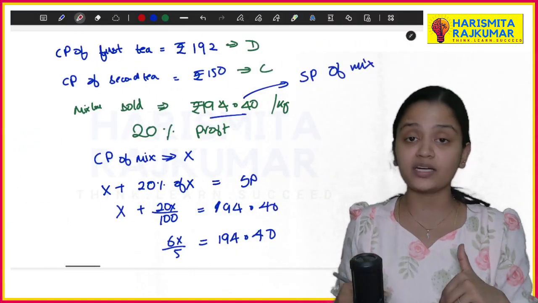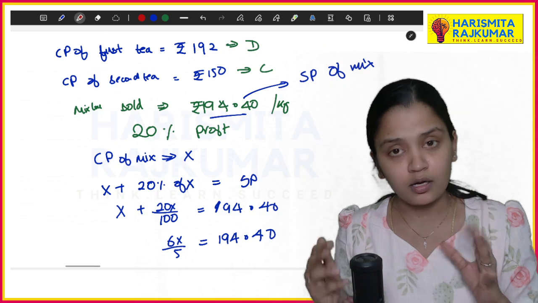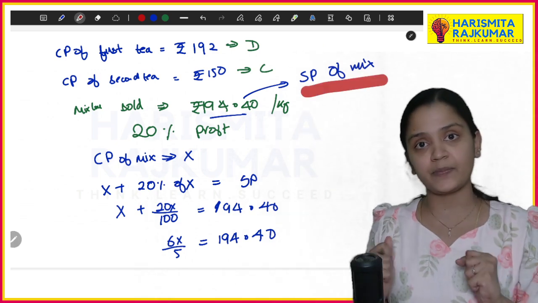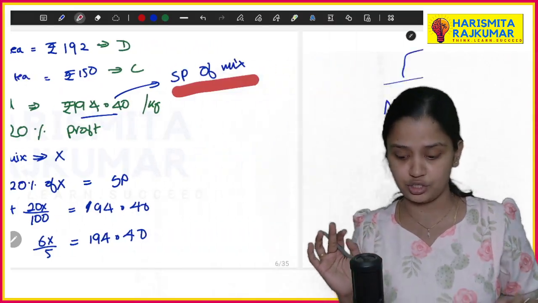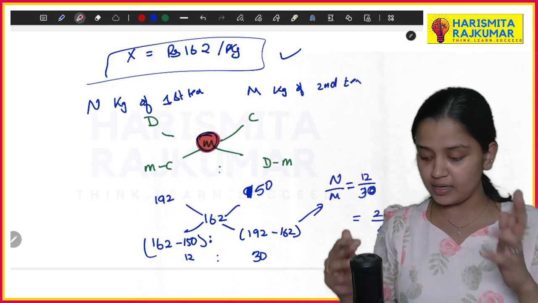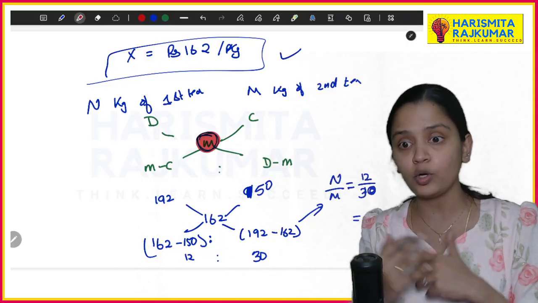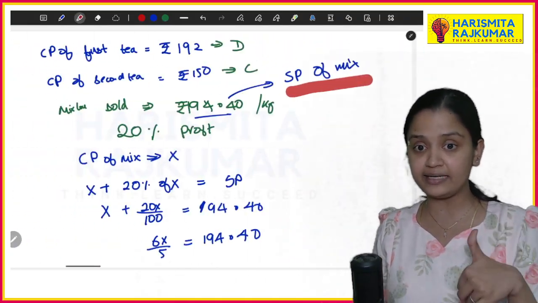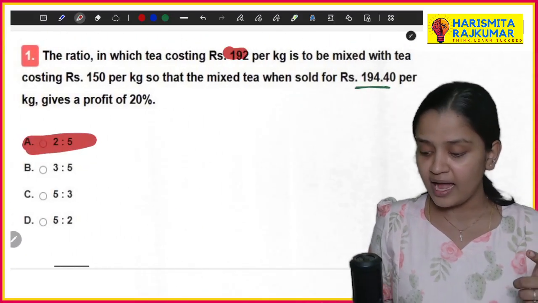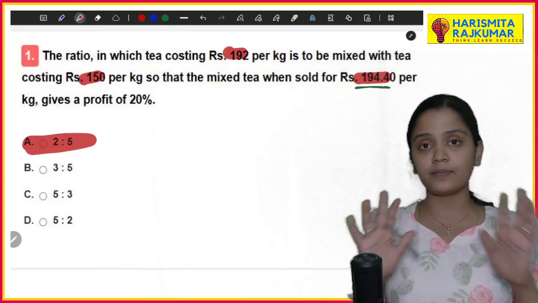So from that, I know the selling price of the mixture. From that, I'm finding the cost price of the mixture, which is the average. Okay, so this is the average value. So from this formula, I'm just directly doing it. I'm not having the cost price, so I'm finding it. If I'm having the selling price directly here, and this is also the selling price, you can just apply the formula.